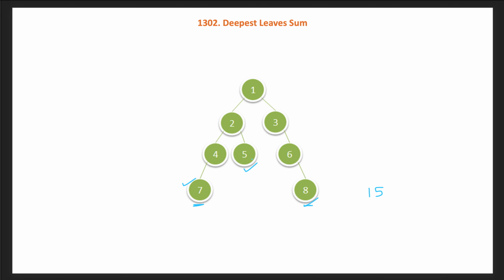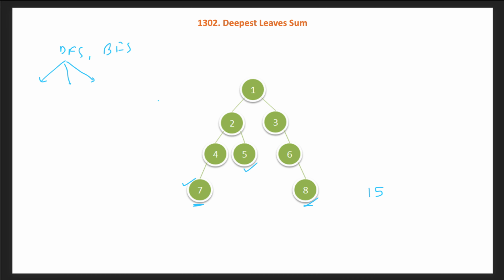So how will we solve this problem? Any binary tree or tree problem we can solve with the two well known traversals, either DFS or BFS. BFS in a tree is also called level order traversal. So let's first think about how we can solve it with DFS. In DFS we have three traversals defined based on the ordering: in-order, pre-order and post-order. We can use any one of them.